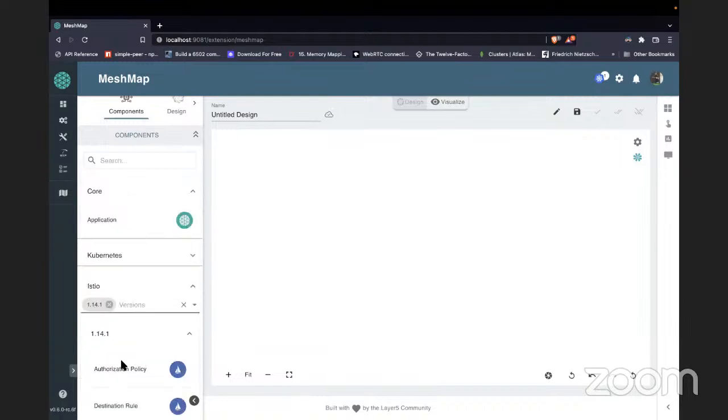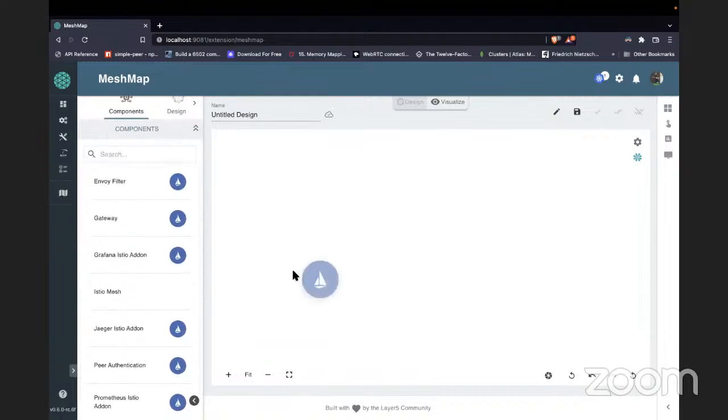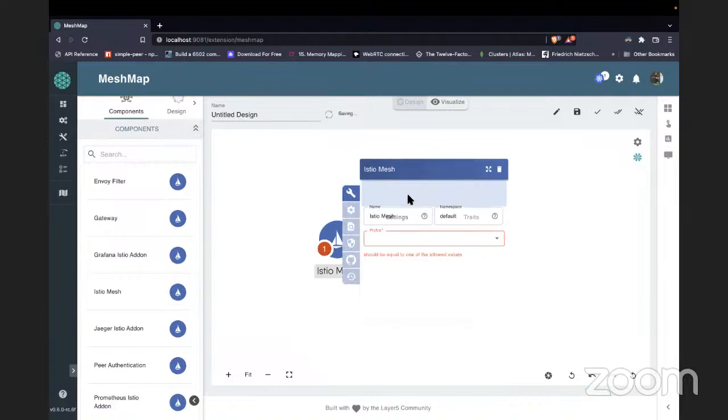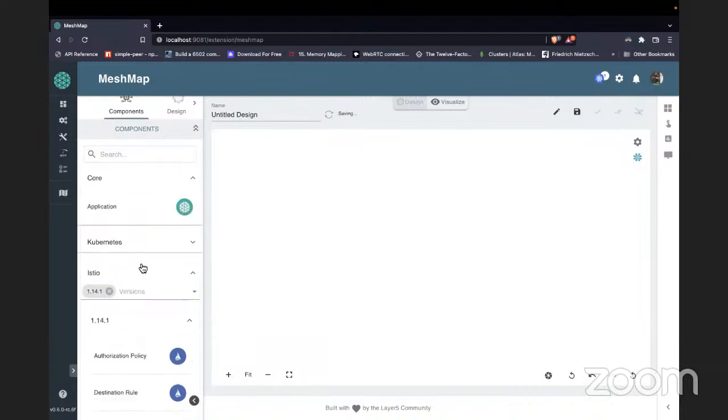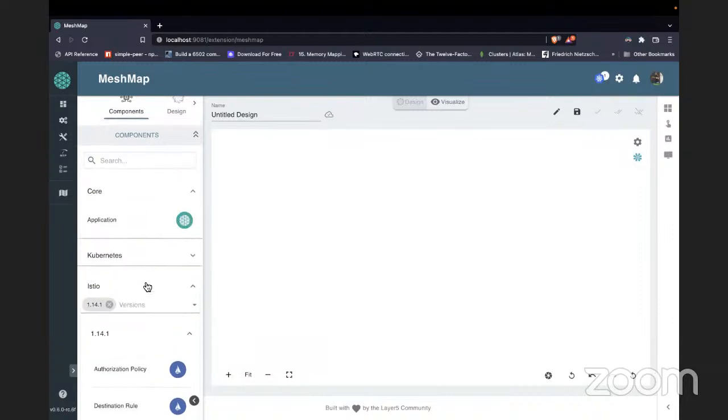If I go on to any version here, you have an Istio mesh component. Here also there is this issue, but I've again pointed it out. So this is with Istio mesh and Linkerd mesh. Each adapter has a mesh component that has this certain styling issue, so please look into that. Other than that, that's pretty much it for this update. If someone has questions regarding this, I can answer. Otherwise, I'll go on to the next item.